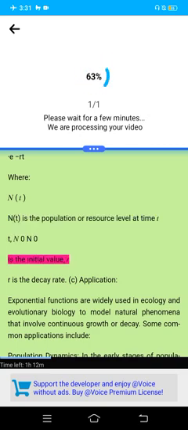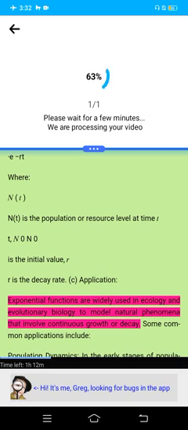N0 is the initial value, r is the decay rate. Application: exponential functions are widely used in ecology and evolutionary biology to model natural phenomena that involve continuous growth or decay. Some common applications include: